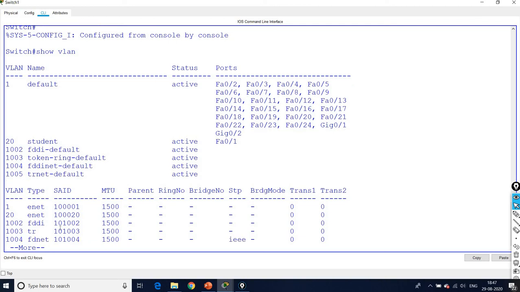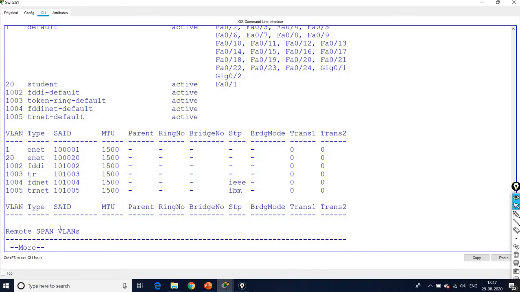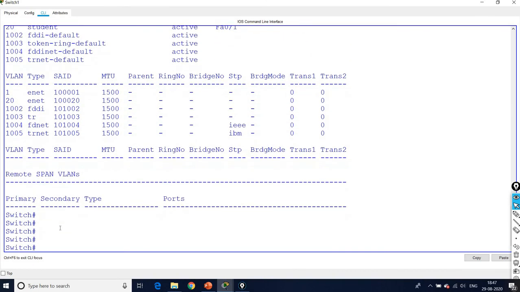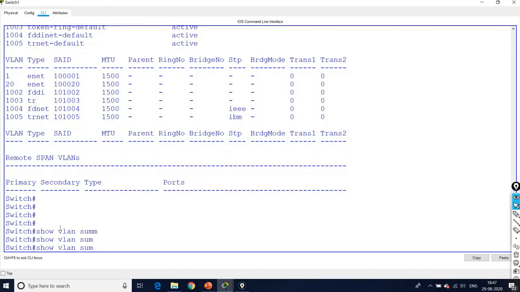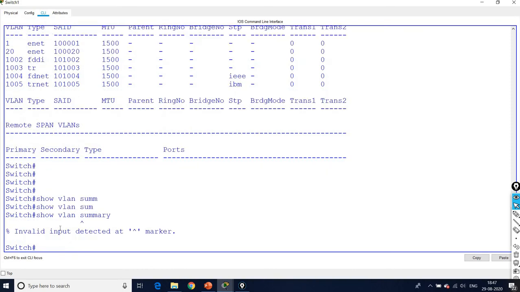And you can see more. The VLAN summary can also be shown with show vlan summary.